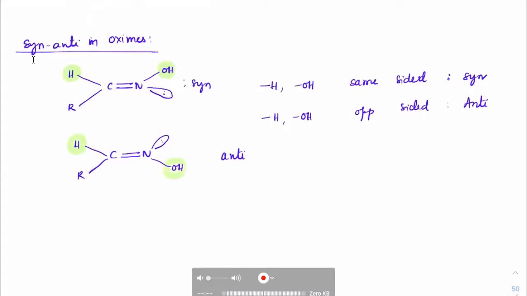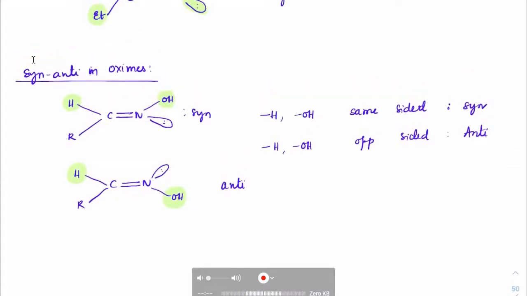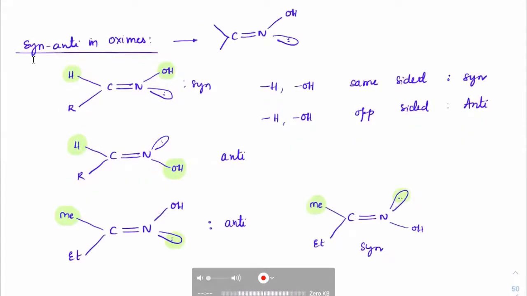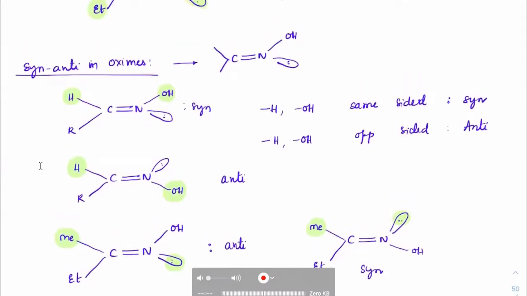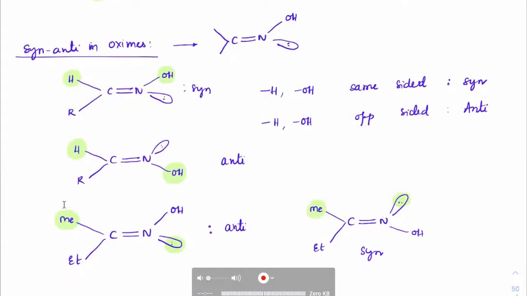This is when you have oximes. Oximes is that family where you have C double bond N with OH present on it. If there is OH, then only we call it an oxime. Only in the case of hydrogen and OH, I would suggest you compare in that form. Otherwise, simply go ahead with more bulkier and less bulkier. This is how you compare in the case of C double bond C.